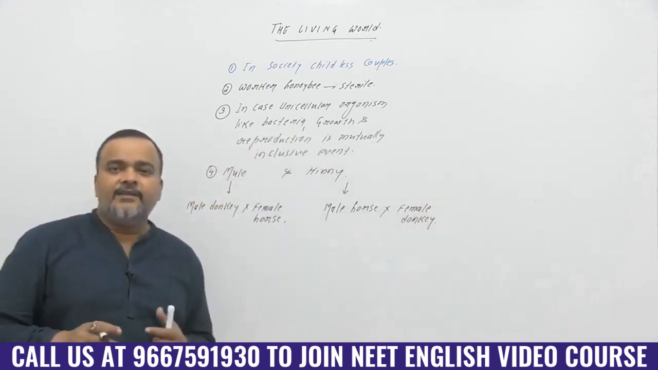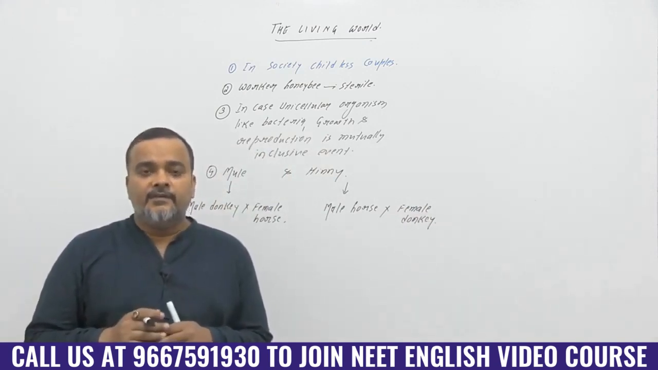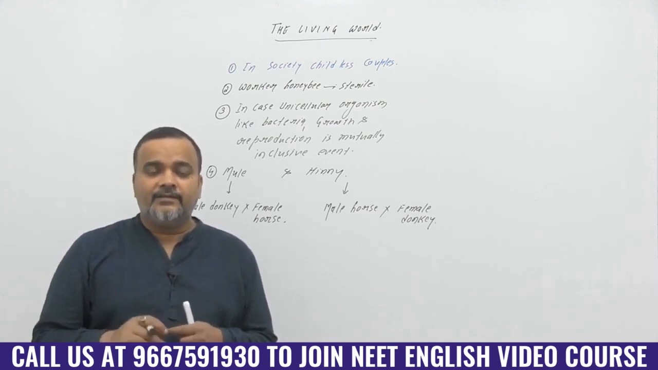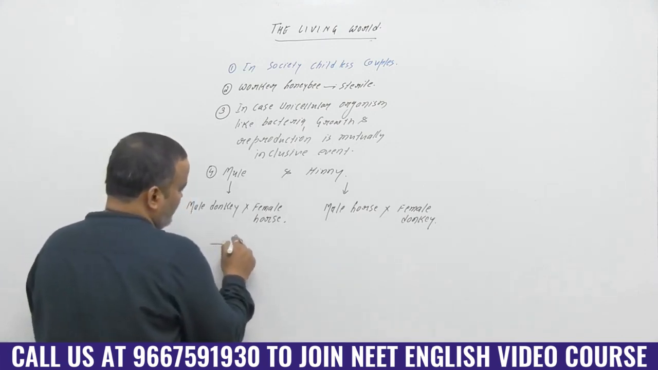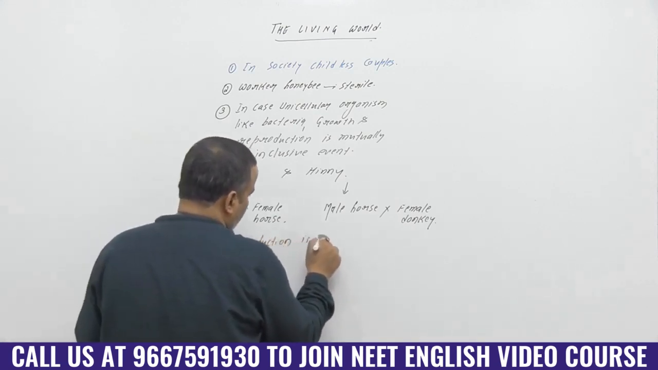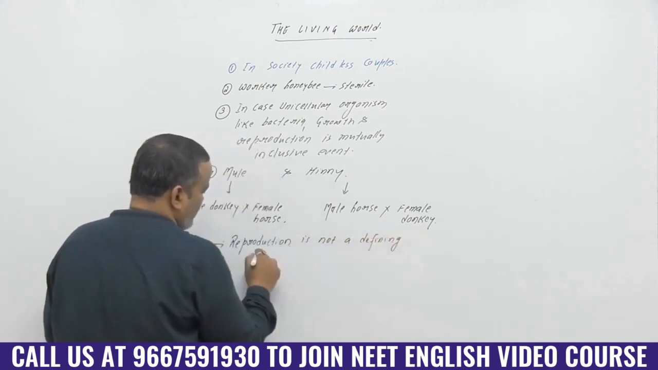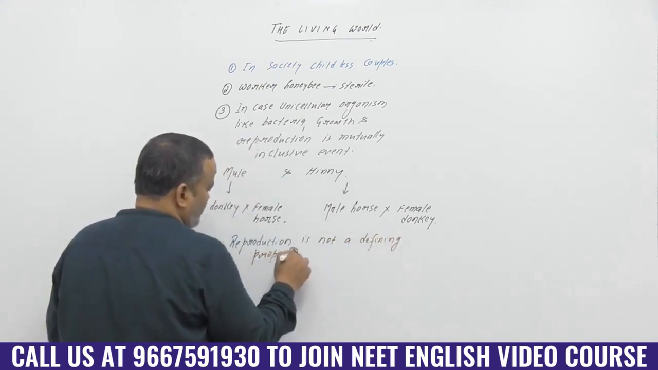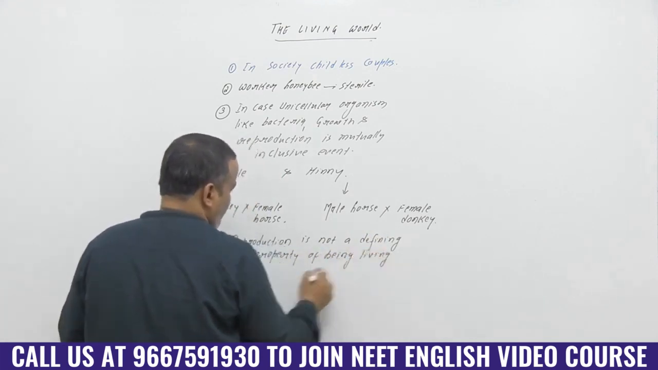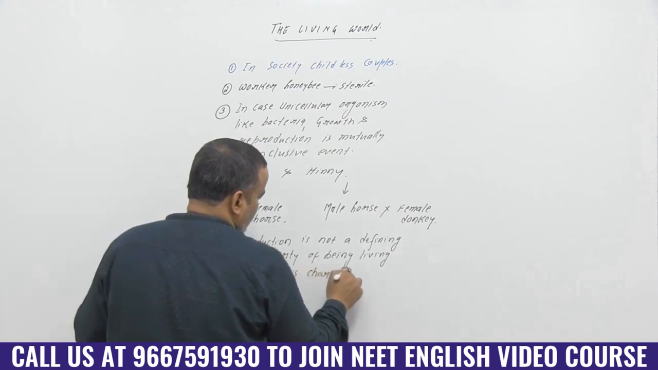Now, have you seen any non-living thing which can reproduce? No. So if something is reproducing, it must be living, but it is not necessary that every living thing should reproduce. So that's why we say reproduction is not a defining property of being living, but it is characteristic